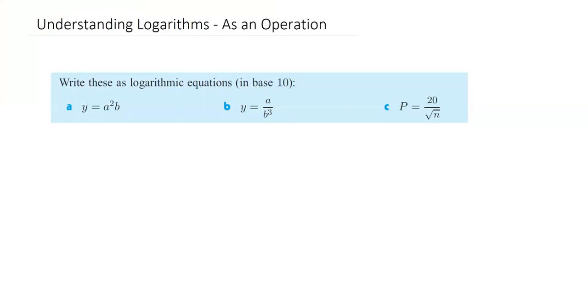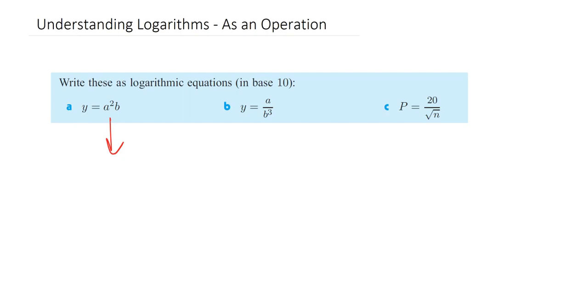Okay, so we've already looked at lots of different ways we can think about logarithms and apply logarithms. We've derived some laws too. Let's now think about logarithms as an operation, like multiplying or dividing or raising to a power or square rooting, right? Okay, we can think of logarithms in the same way because let's just use this first example here, look,